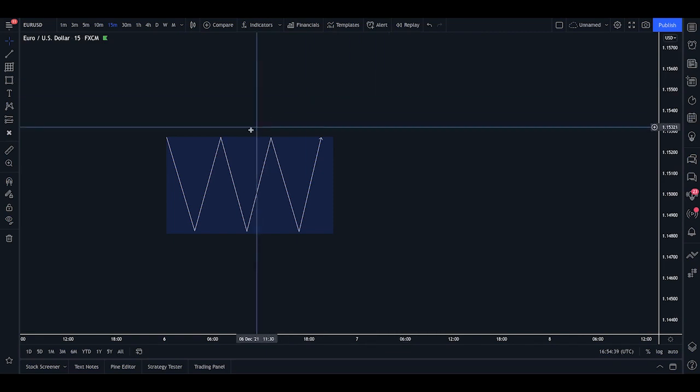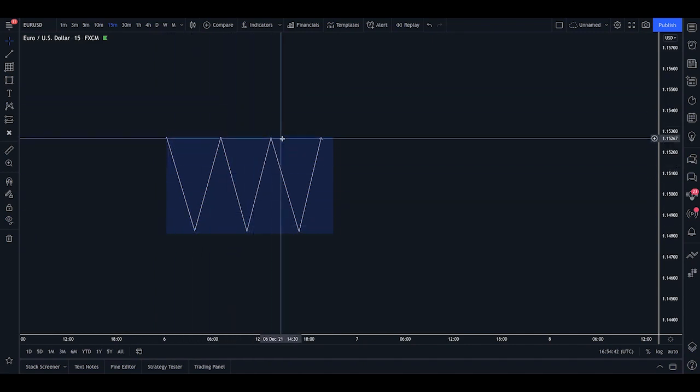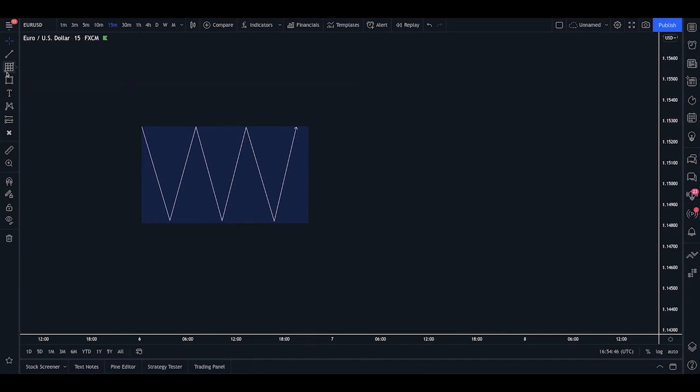So on the chart here, we can see I have the Asian session marked out as a little diagram. This is the consolidation that takes place within the Asian session. And what the Asian liquidity run generally is, at the end of the Asian session, when we come out of that timing, we often sweep the liquidity above,